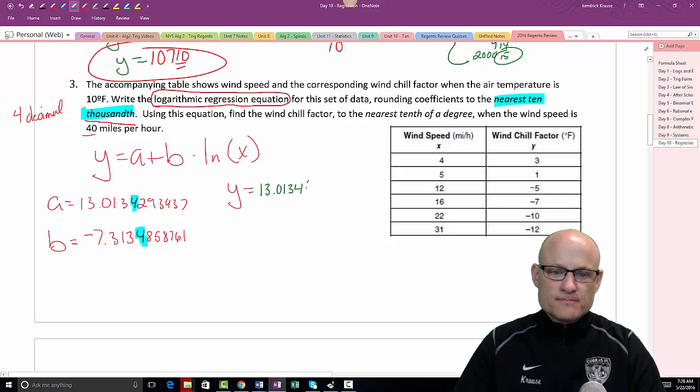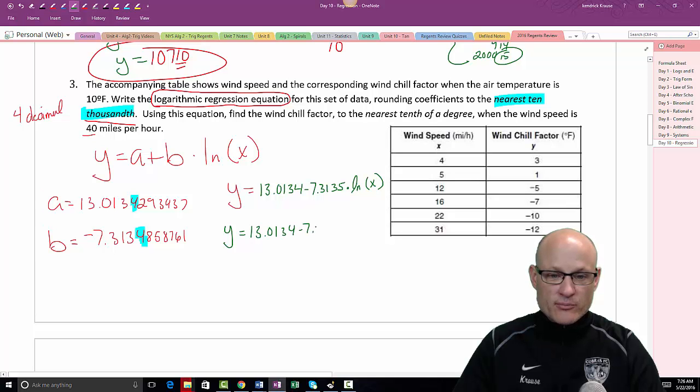Plus, in this case, it's minus 7.3135 times the natural log of X. Now I want to do 40, so I'm just going to do y equals